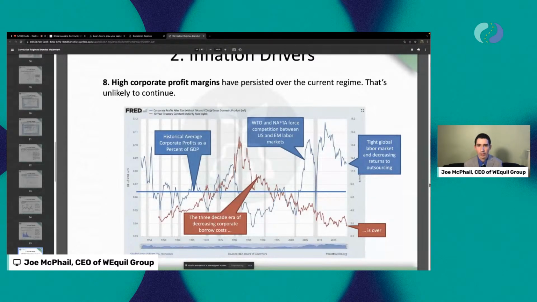But to the extent that we see higher wages pushing up against that, we could start to see those profit margins compress. And that's what we're expecting. We're expecting corporate profit margins to generally compress because of tighter labor markets. So we've basically got a long way to go down, is the general takeaway from this last point.